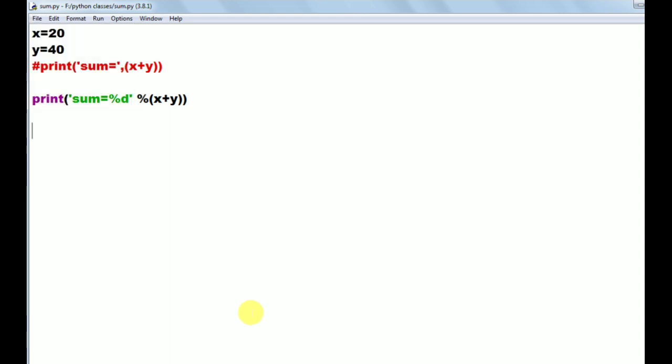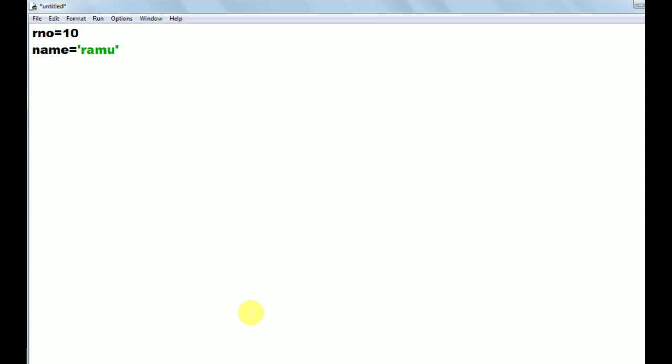For example, one student's roll number is 10 and his name is Ramu. His marks are 786 and his average marks are 78.6.